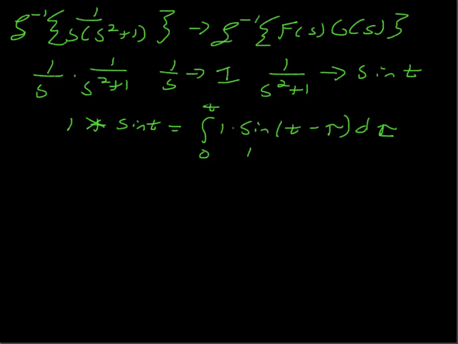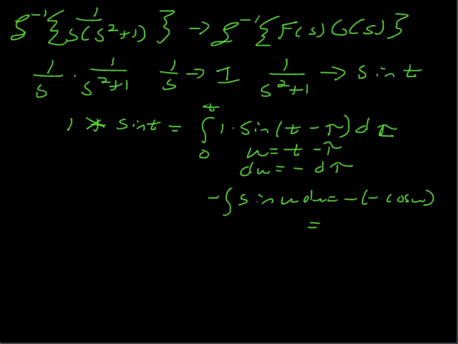Just to be careful, I'm going to do the u substitution. u equals t minus tau, du equals negative d tau. So this is going to be the negative integral of sine u du, which is the negative of the negative cosine u, which of course is equal to cosine